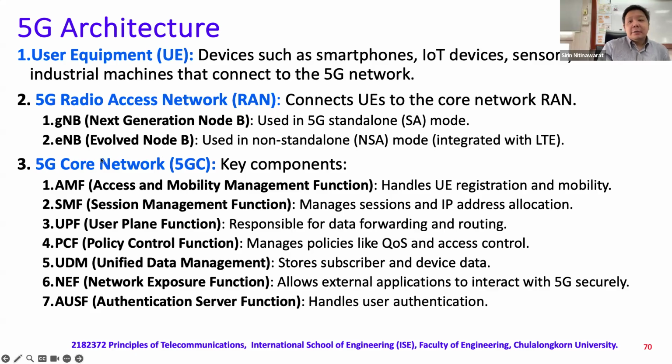And then for the core network, you see a lot of components reminiscent of what you saw in 4G, right? Something like AMF, Access Mobility Management Function, that handles UE registration mobility. What does this remind you of? AMF in 4G, it is tantamount to what entity? You just did the quiz, right? Remember MME? This AMF is like MME. For 5G, they just call them differently.